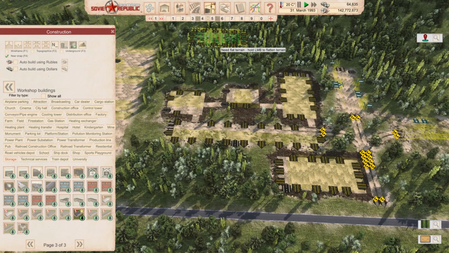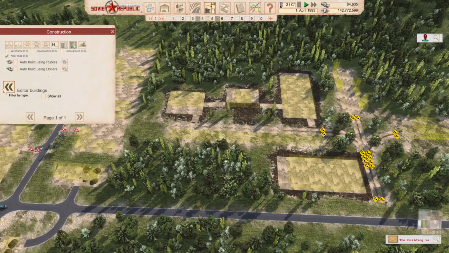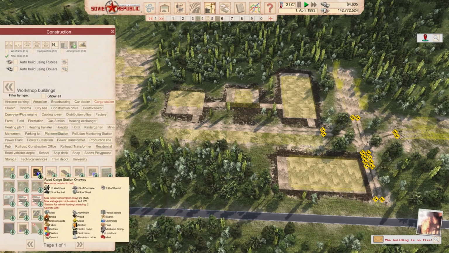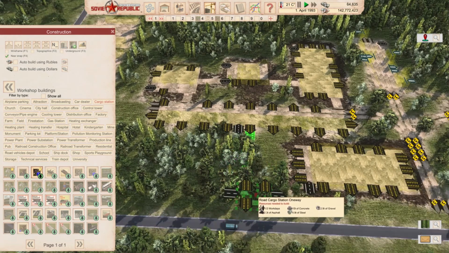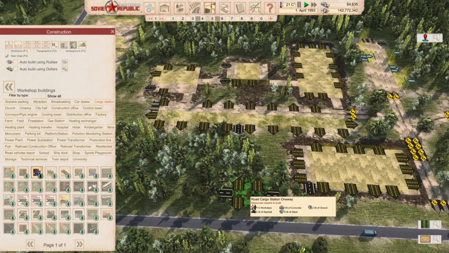There we go, and it can even have a smaller cargo station. I'm gonna try to make this. I was thinking about this one, you know, pass-through station, but it's gonna be tricky to implement it around here. Can I even do it? Probably can, but